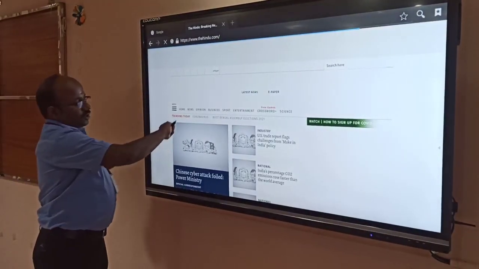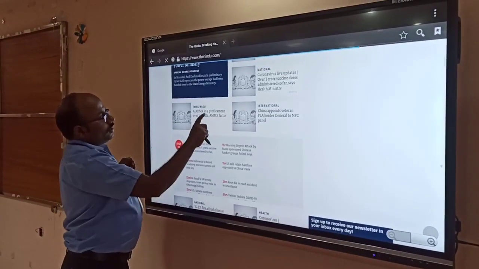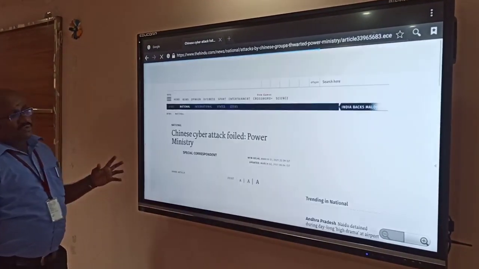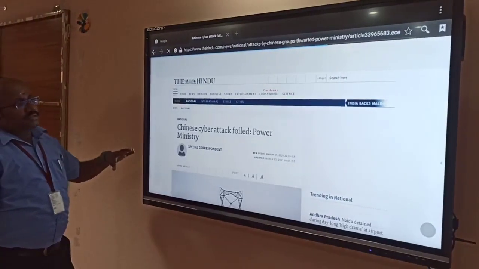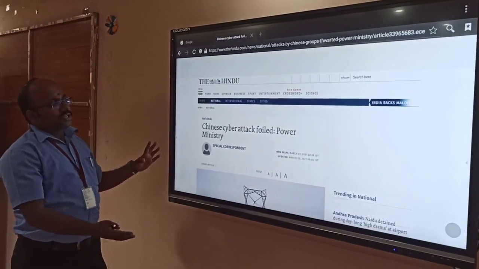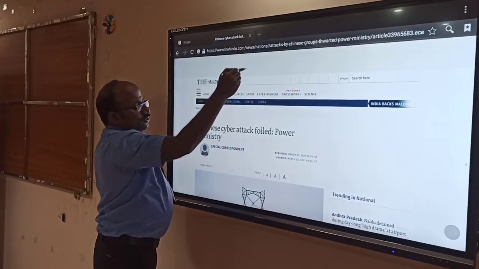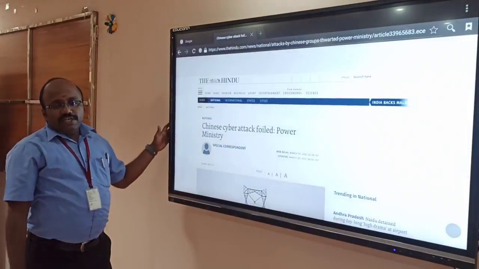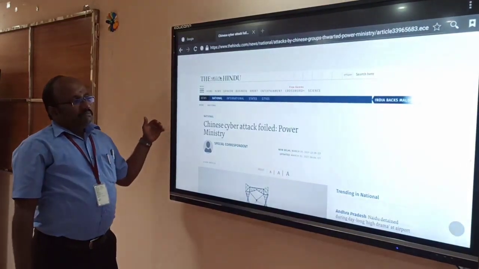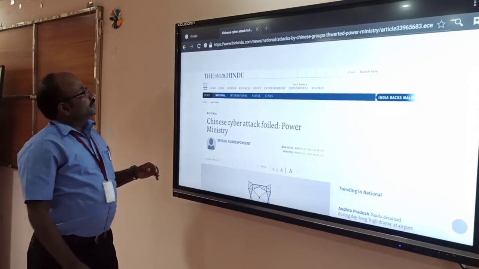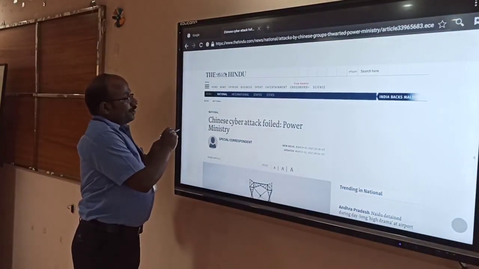Okay, that way I can scroll it. I can browse just like your mobile browsing. Since Android OS is installed, this browser functions like our mobile browser, and you can play YouTube videos. Moreover, we have a powerful speaker inside it. The videos which are played inside it can be heard by the audience. This is one of the features. Let's go into the other features.